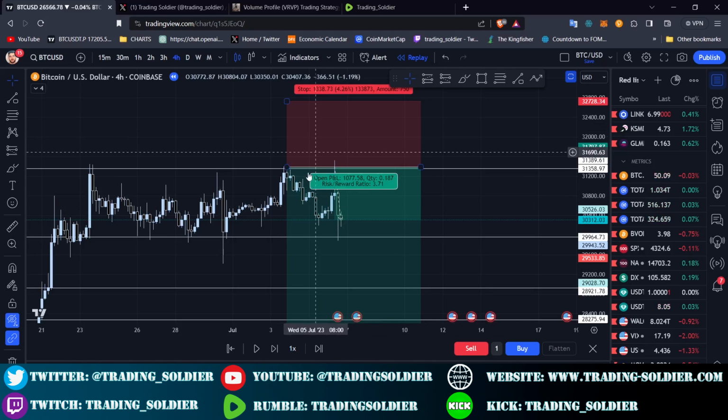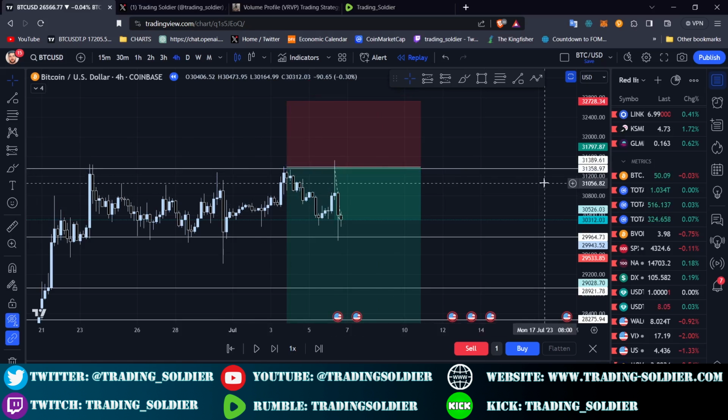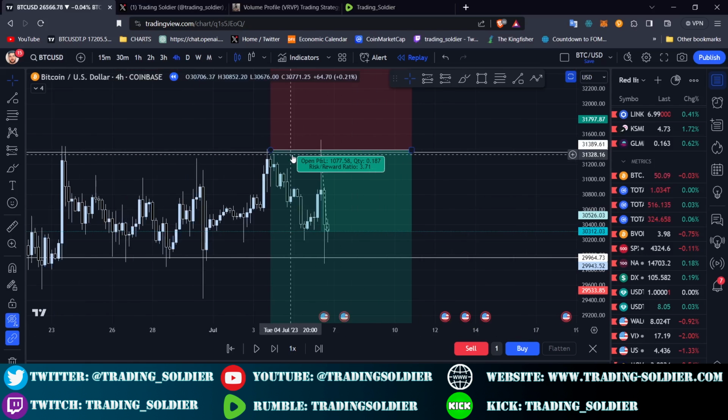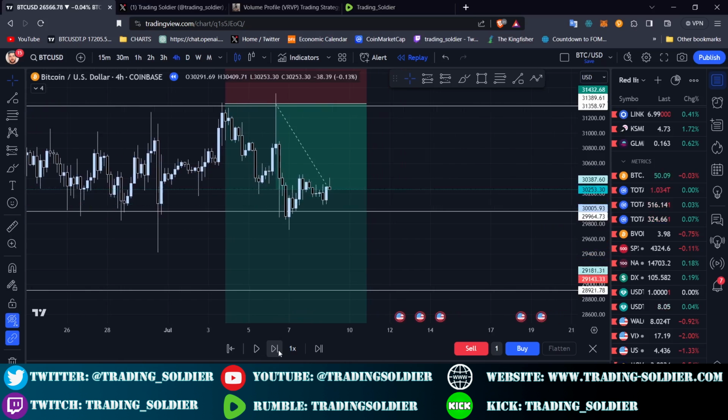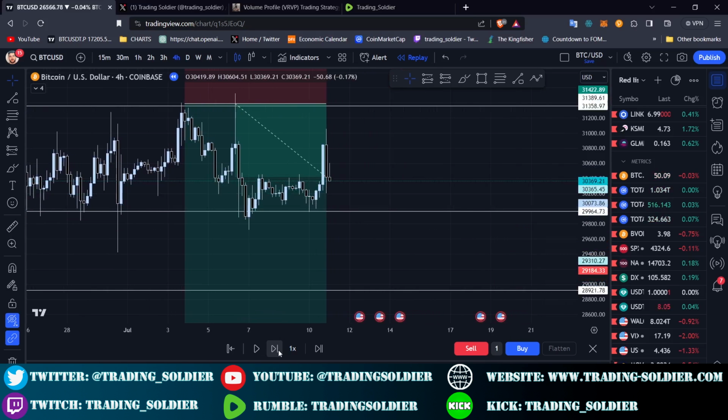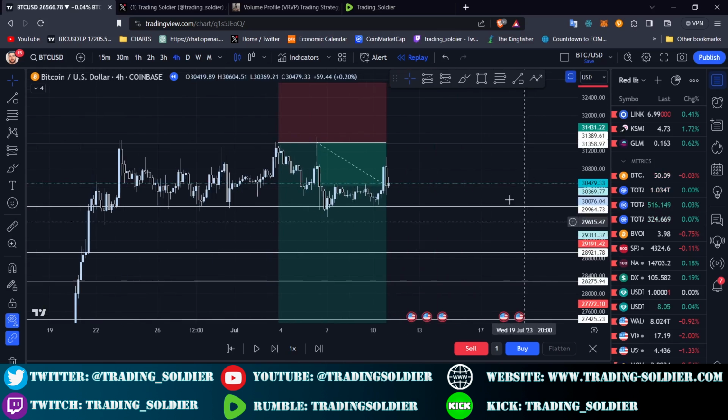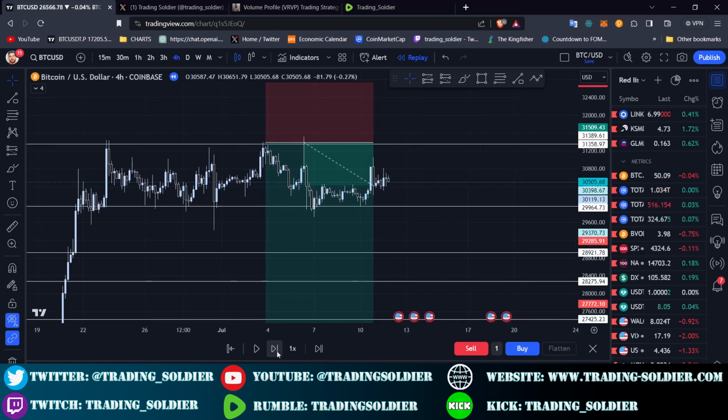Okay, so now if we enter short at this level, putting our entry point right after our high quality level that we drew, and right after this weak rejection, where we can expect that a lot of stop losses are clustered here. Okay, so now if we wait for this trade to develop, we indeed can see that we are right. The price is trying to reclaim this resistance area, but if we hold strong, okay,